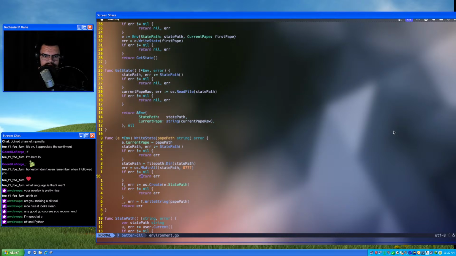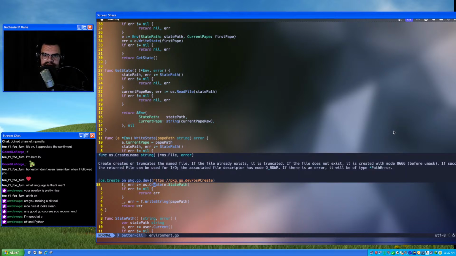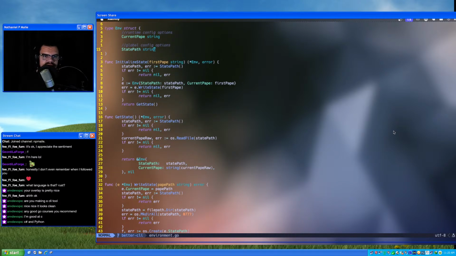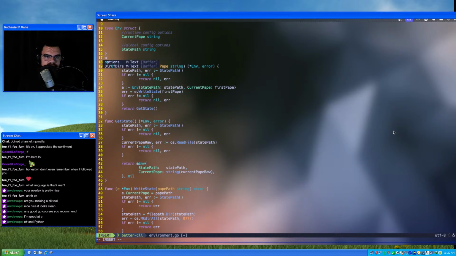And this just rewrites the whole thing. Yeah, so it truncates it otherwise. So yeah, all we need to do is just run this initialize state. So that already does what I want.